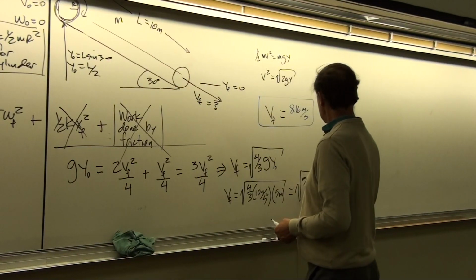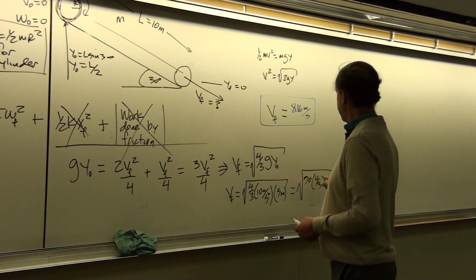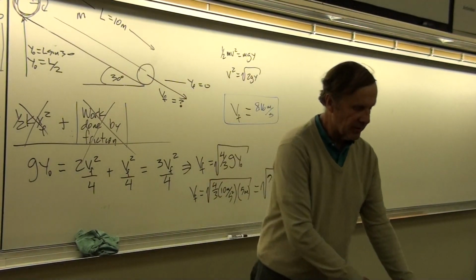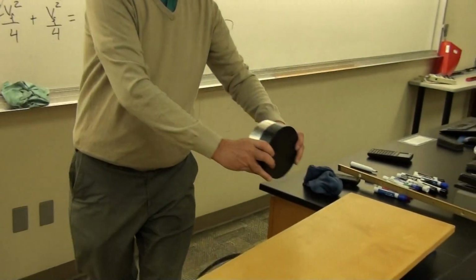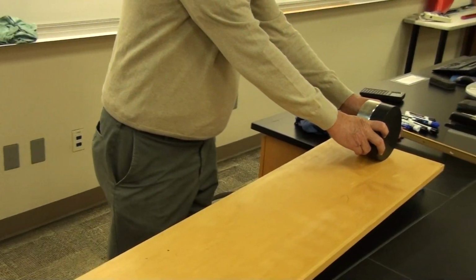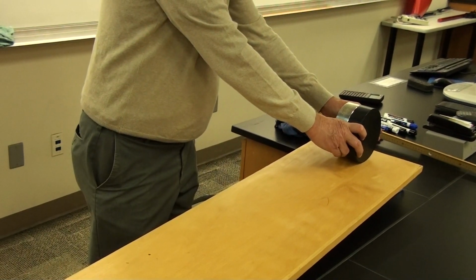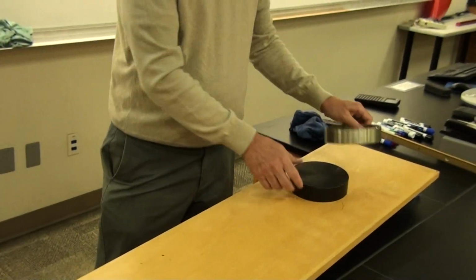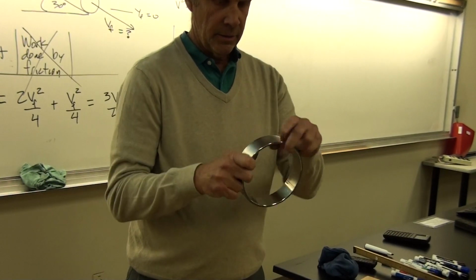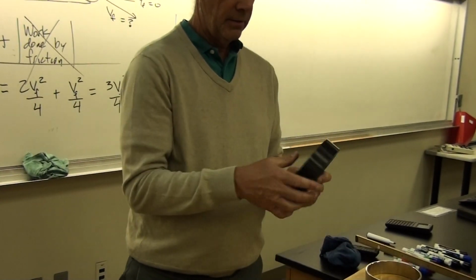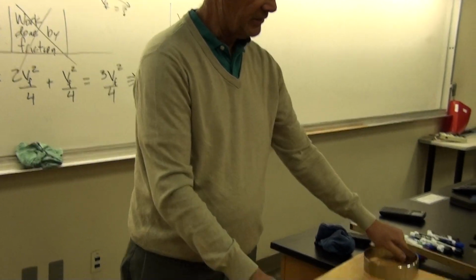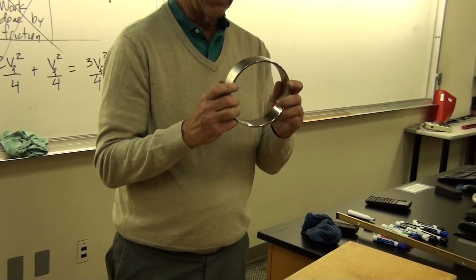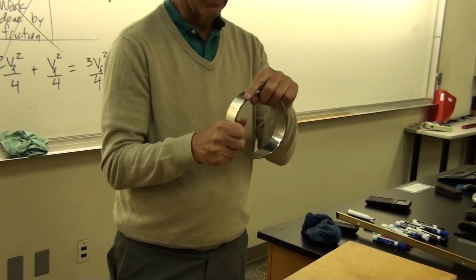Okay, so v final would be lower. It would just be the square root of 50, and not the square root of 50 times the square root of 4/3. So it'd be a lower value than this, and so therefore the cylinder will win. And so let's just look at it again with that thought in mind. With a higher moment of inertia, there's more energy that goes into the rotating of the thin ring than here. This is only 1/2 the energy of the center of mass. Here, the energy of the rotation is equal to the energy of the center of mass, and so that makes us more sluggish because it has a larger moment of inertia.